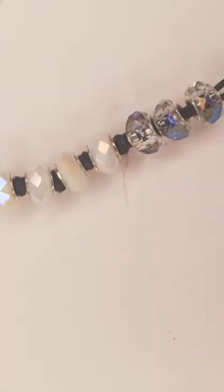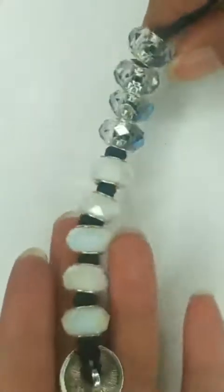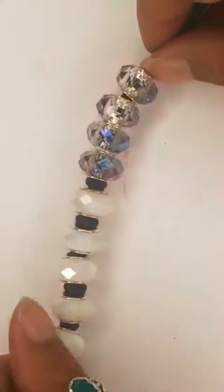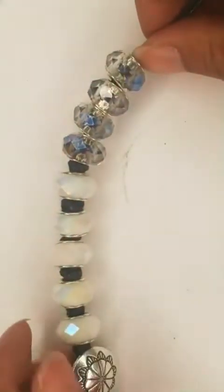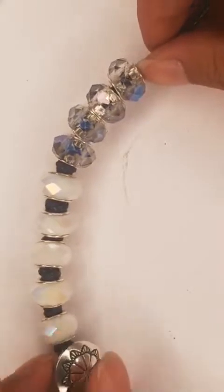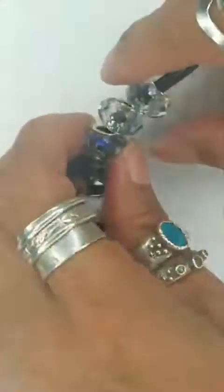I don't know why I feel like there should be 4. Normally it should be an odd number, but I guess because there's like 5 here, and then the length, I'm kind of feeling like